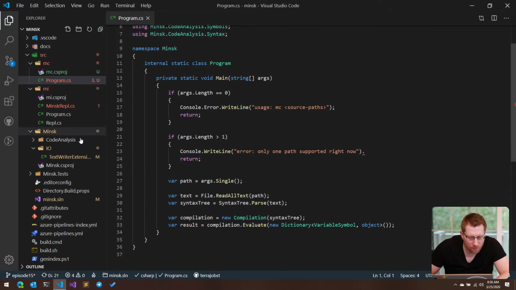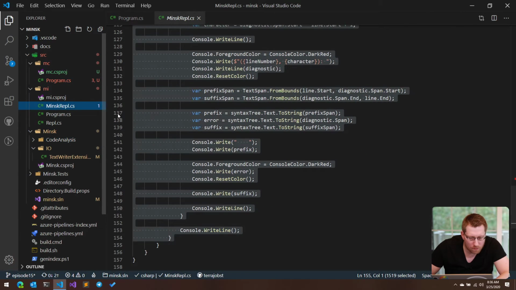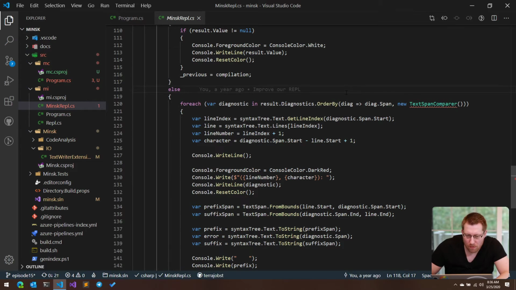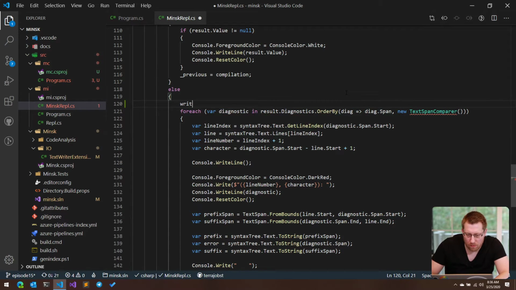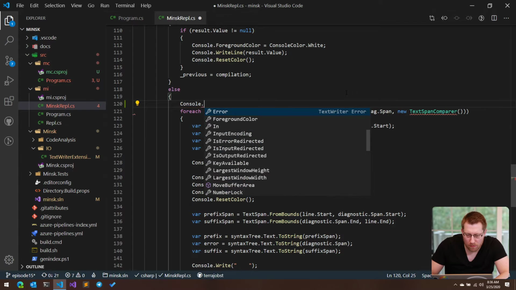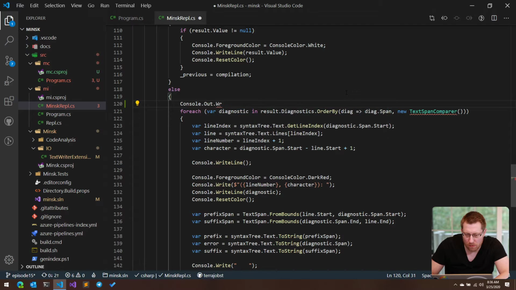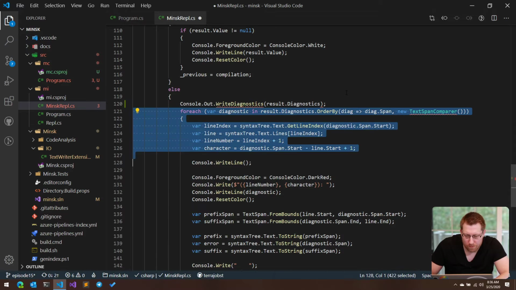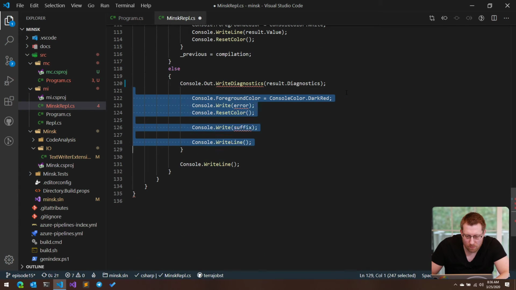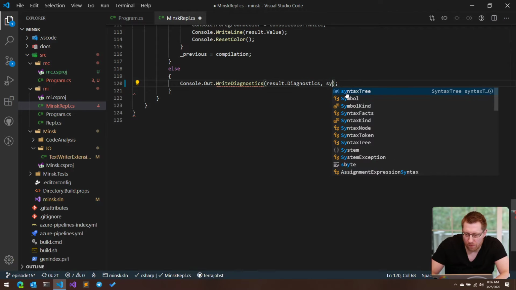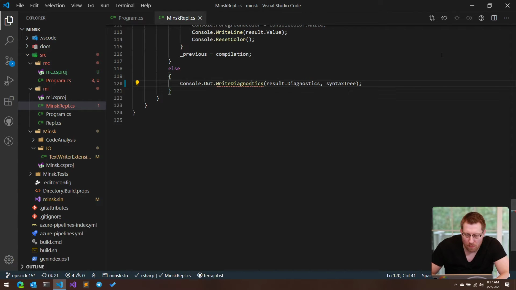All right, sweet. So now instead of doing this here in our REPL, we say console out write diagnostics, comma syntax tree. And I hope,